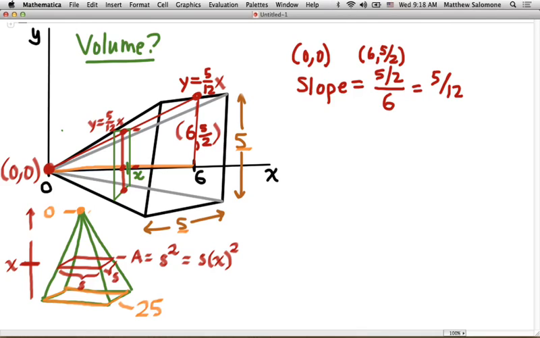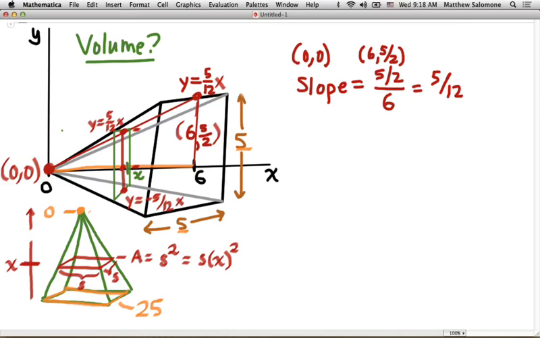Where would this point be on the bottom? Y equals what? Negative 5/12x. It's the same line as on the top. It's just been reflected down into what would be the fourth quadrant in the xy plane. Y equals minus 5/12x. So we can think of this as being like an area between curves problem now, because